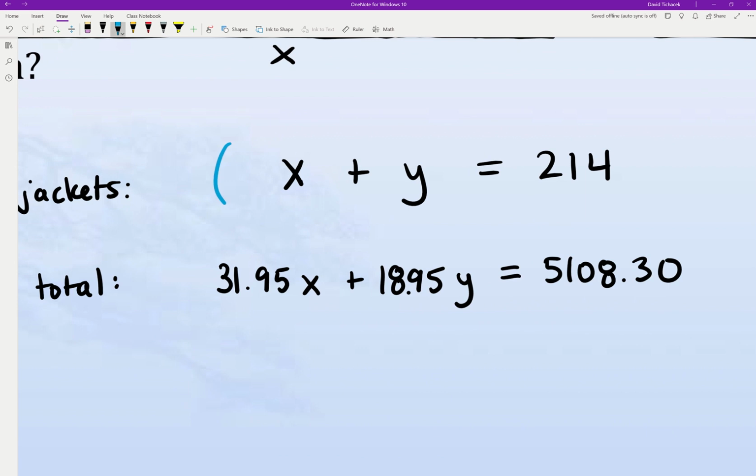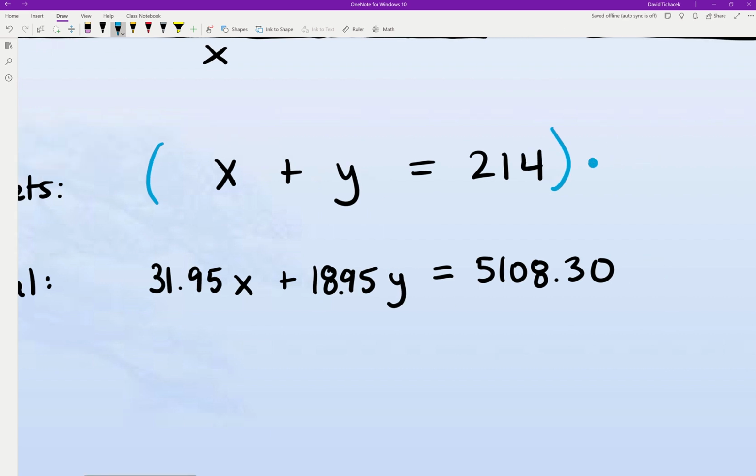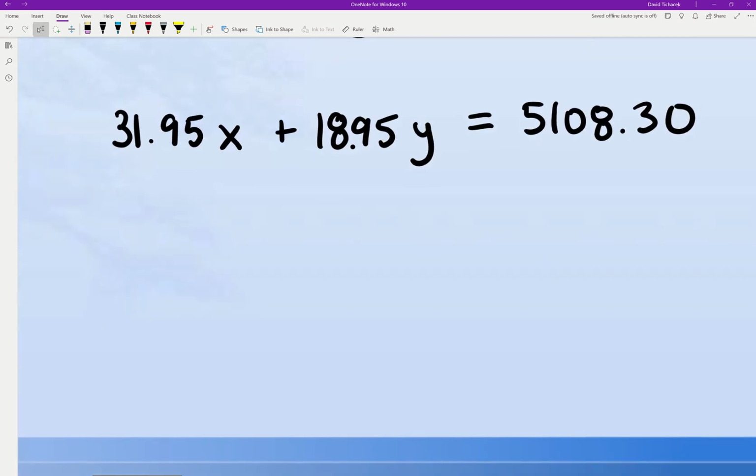We just need to go ahead and get the coefficients of one of my variable columns to match up. And again, you could do either one. I think we're going to go ahead and do here the x's. So let's go ahead and multiply everything times 31.95. And again, we're distributing that to everything. So that way we're just going to write that equation right underneath here. So that'll be 31.95x. Again, the whole point of doing that was so that the coefficients of my x's matched up, and then that would be plus